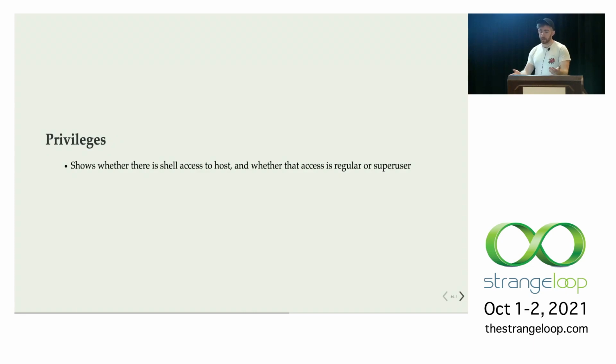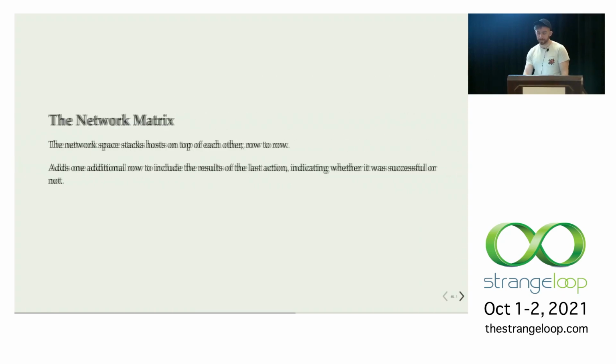And then privileges, that's super important to know. When we talk about privileges in the security context, we're generally talking about what context are we running in? Do we have system access? Can we do whatever we want? Or are we in some limited context? So we'll keep access information exposed to our agent as well.